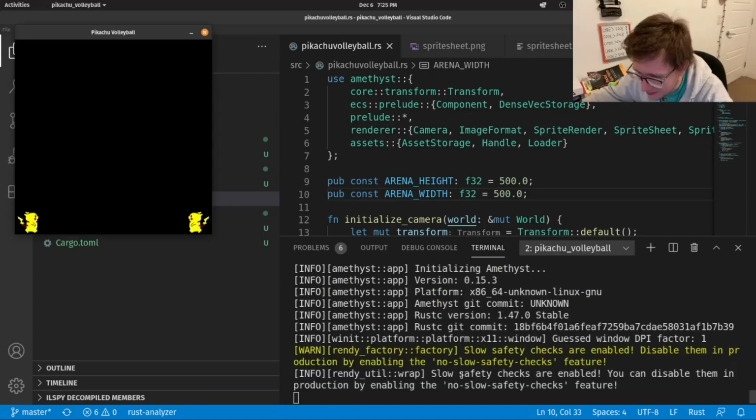Yeah, probably better if I cut it back. And I think it's looking much, much better. Alright, so that is it for adding the Pikachus. Now let's move on to